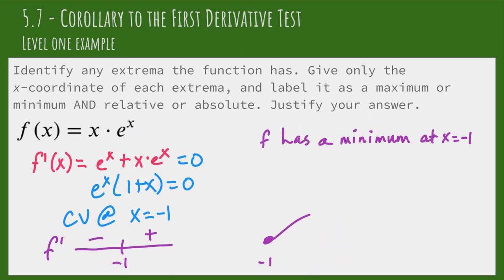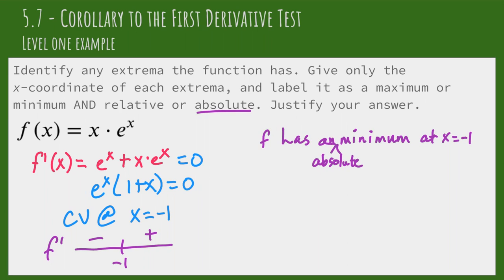So I know that going to the right, all the values have to be greater than the value at -1 because the function's always increasing to the right. Likewise, going to the left, all the values are going to be above the value of the function at -1 because the function itself is always decreasing. So it's increasing going to the left, but remember we're going left to right, so it's a decreasing function. So based on the fact that it only has one critical value, we can identify this as an absolute extreme. Okay, so this is an absolute